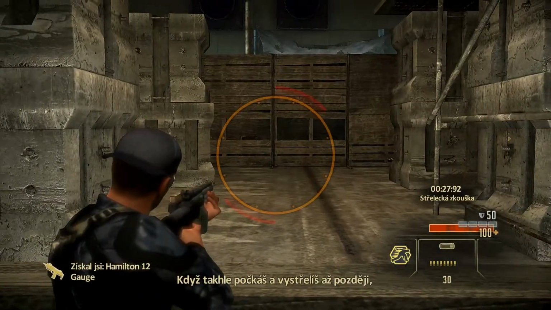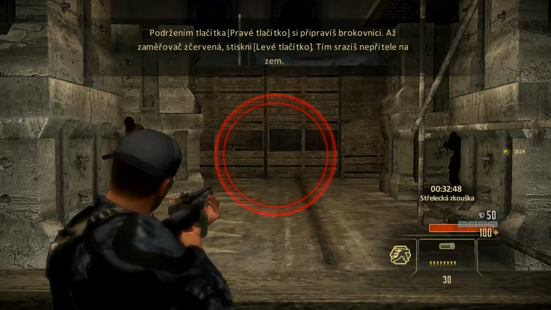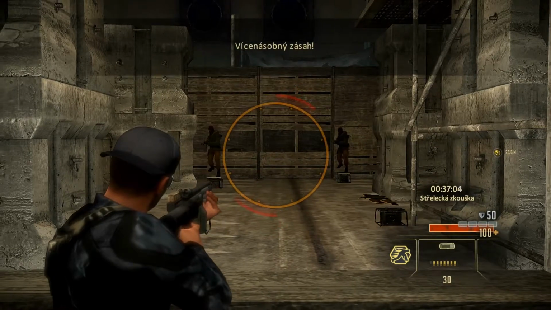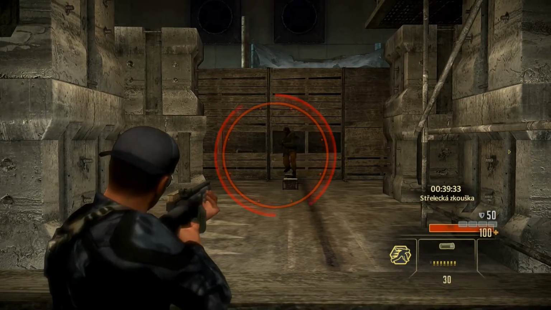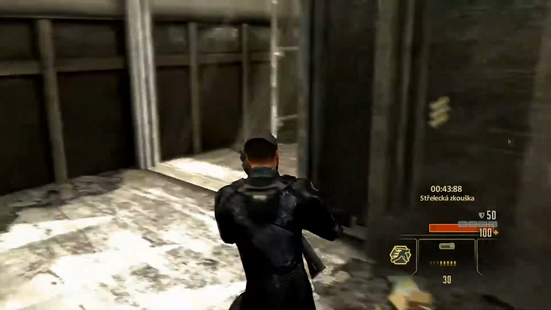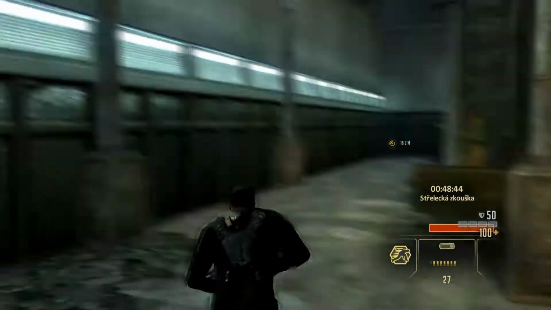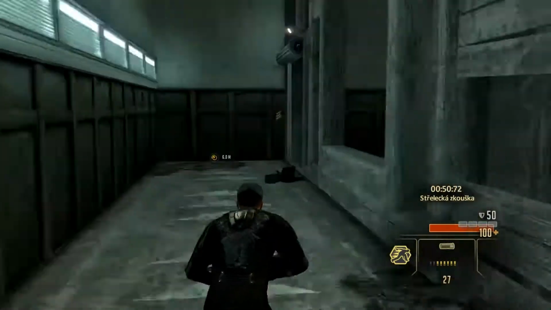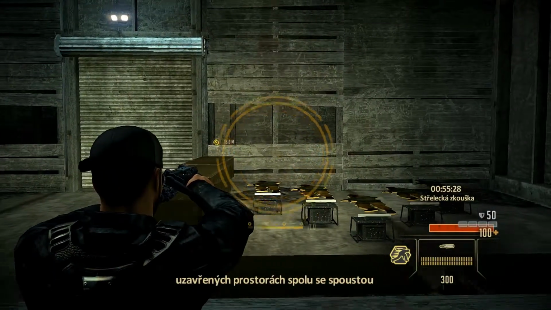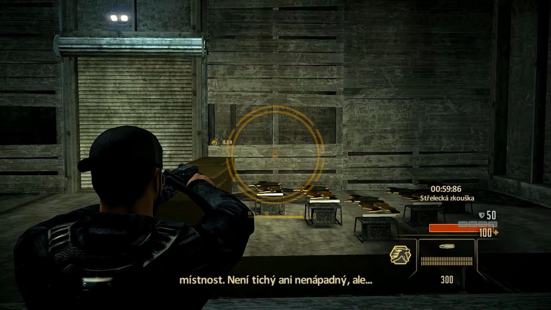Now shotgun. Steady and firing can knock down even heavily armored targets. Bam. Bam. Bam. Good. Next. Now for your submachine guns. If you're trapped in close quarters with multiple opponents, the SMGs can help clear the room quickly. Not subtle or quiet, but...